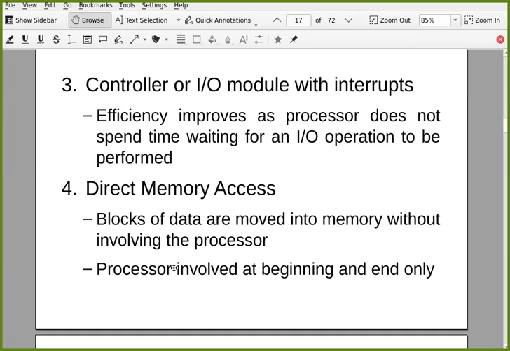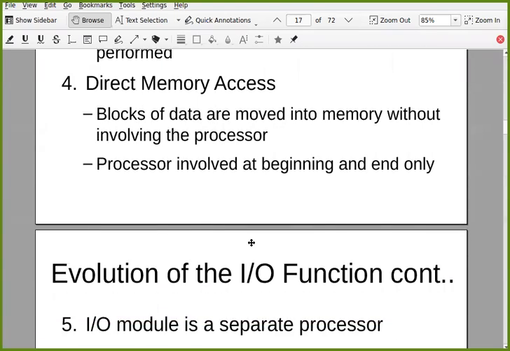Then came direct memory access. In direct memory access, as I told you, the processor is not involved in all the steps. It simply tells the DMA module to do something, and then DMA will tell the processor back that something is done. So the processor is passing its job to DMA for this particular IO stuff.